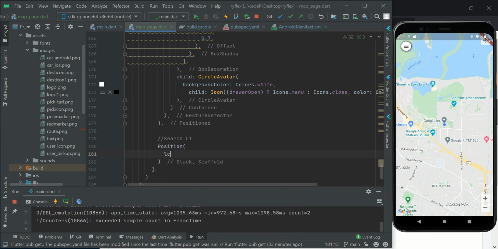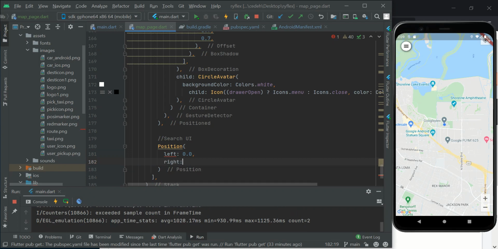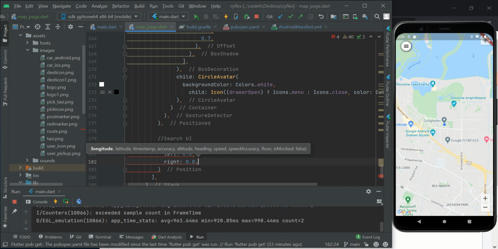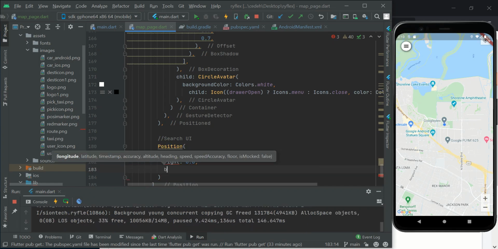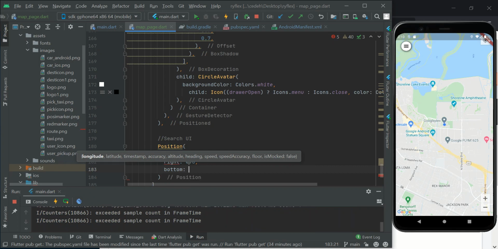So I say left, left should be 0.0, and right should be 0.0, and then 0.0, then bottom should be 0.0. So child